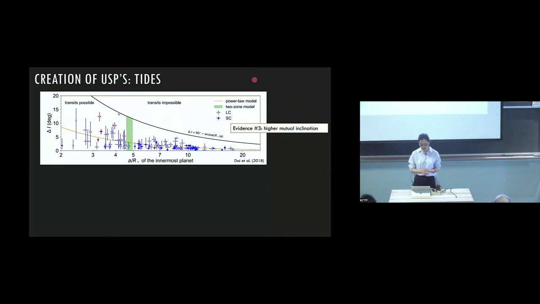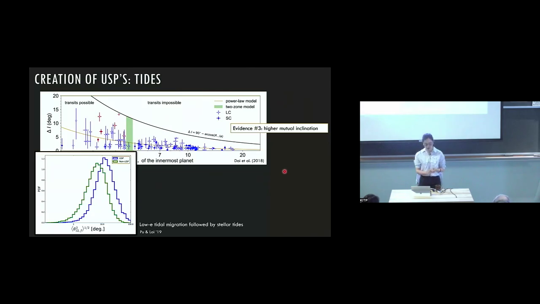All right, so something that is quite interesting is that if you take a look at the mutual inclinations of these USPs, they are systematically higher compared to the non-USPs. And I believe this is true even if you account for the transit probability effects. So that suggests that there's some sort of a dynamical upheaval or dynamical events going on, and maybe we're going to hear more throughout this session